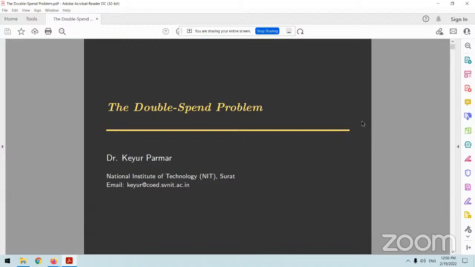People take that transcript from the institute, pay the required fees,